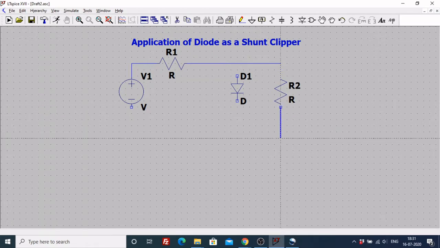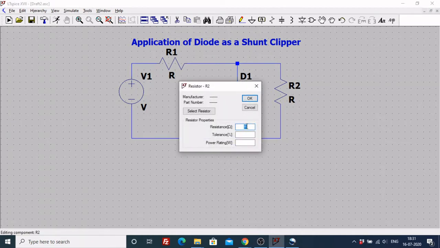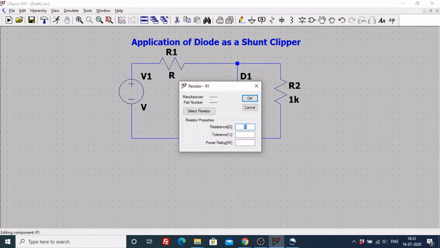I'm leaving a little more space below this point so that I can add another voltage source so as to get a biased connection. But for now, when we start with, we are going to use an unbiased connection. Pick ground, add ground to your circuit, click on escape and make this connection with ground as well. My circuit is now complete. For adding the values, hover over the value of the resistor, add the value as 1K. Now this resistor, I will add the value as 100 ohms, so I just have to write 100.